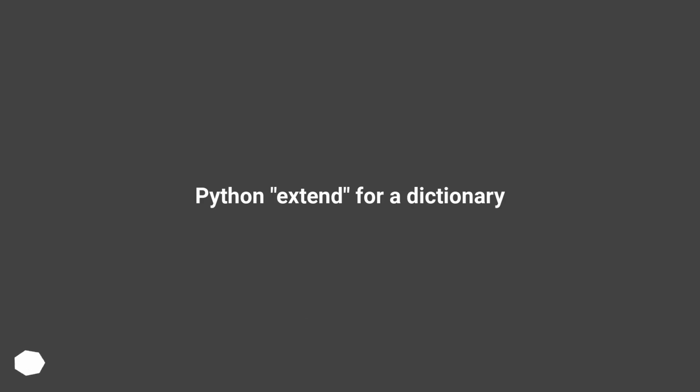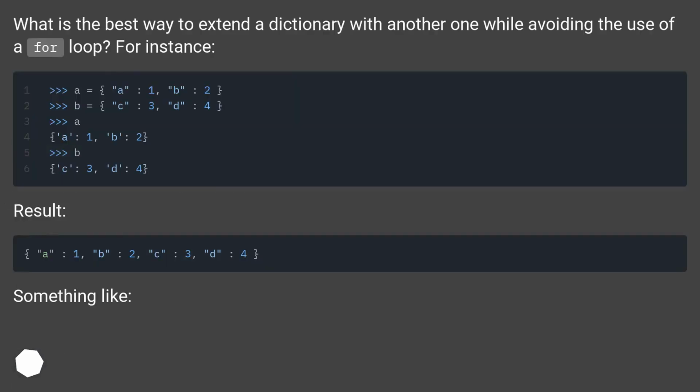Python extend for a dictionary. What is the best way to extend a dictionary with another one while avoiding the use of a for loop? For instance, result. Something like